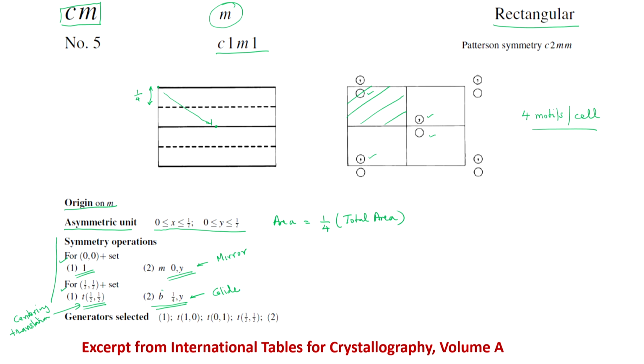Now, there is this letter B. So, I could have written G as a glide, but it is telling me more by not writing G as a glide, but writing B. Basically, this is saying that this is a B glide. Now, what does this mean? This B represents the direction of the glide translation, which is along the B axis. So, that hopefully becomes clear.